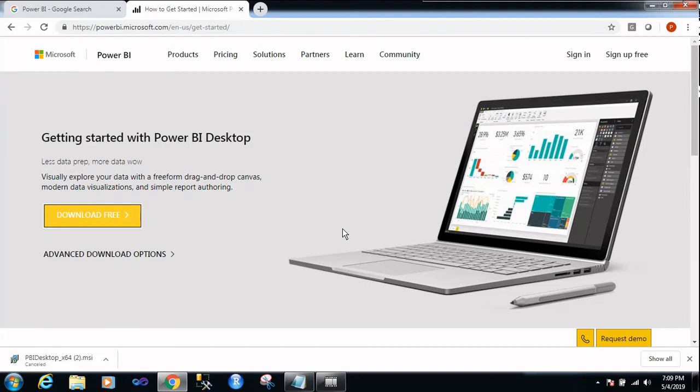It will set up Power BI on your desktop. This is how you can download Power BI Desktop on your laptop. For example, let me do this for you. Let me click on download free. Let it get downloaded.